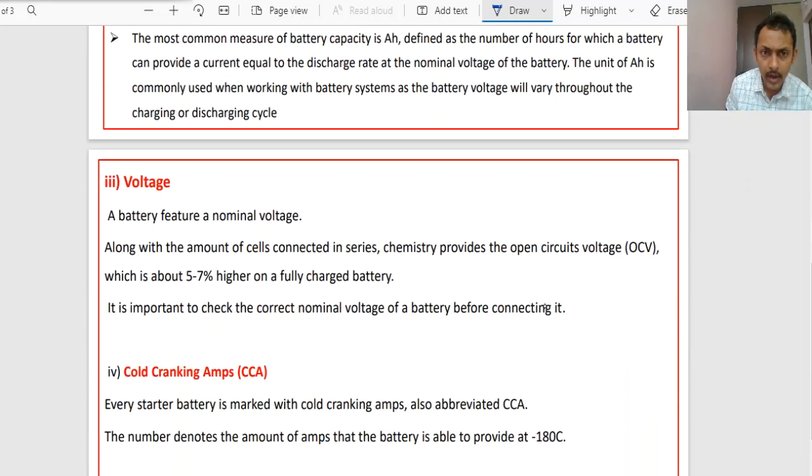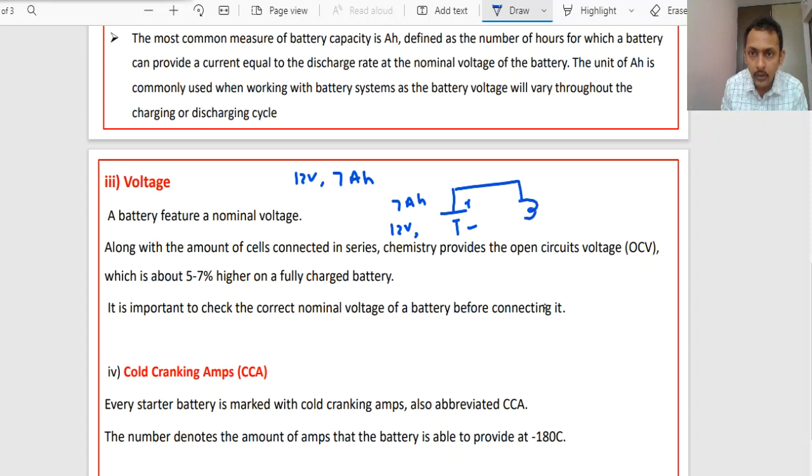For example, if you are having a 12 volts and 7 Ah battery, then its meaning is, for example, if you are having a battery like this, with positive and negative, whose rated voltage is 12 volts, but ampere hour capacity is 7 Ah, right? On this battery, if you have connected a load which works on 12 volts, but its power rating is 24 watts,